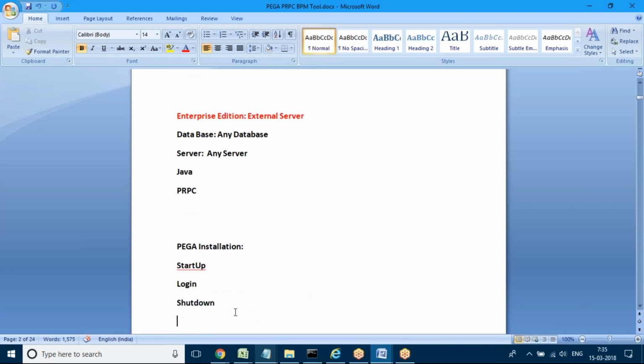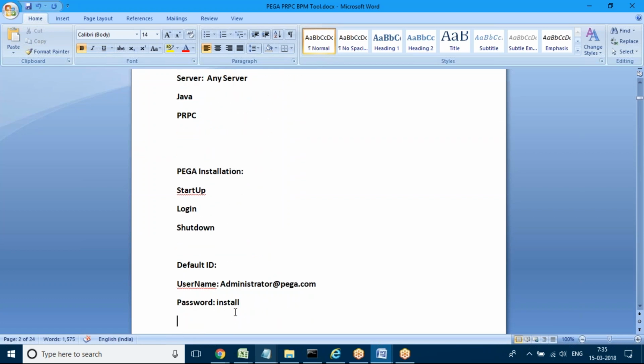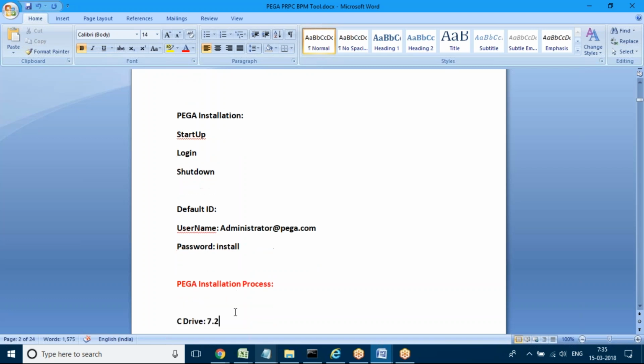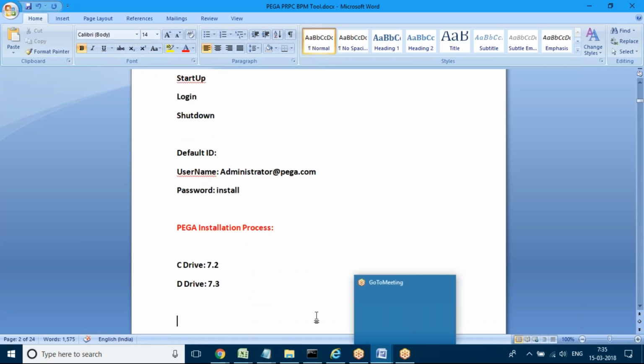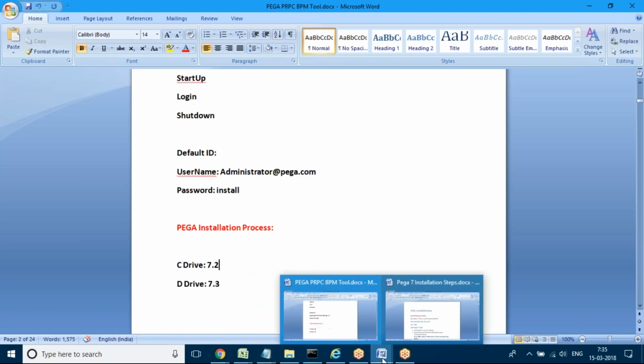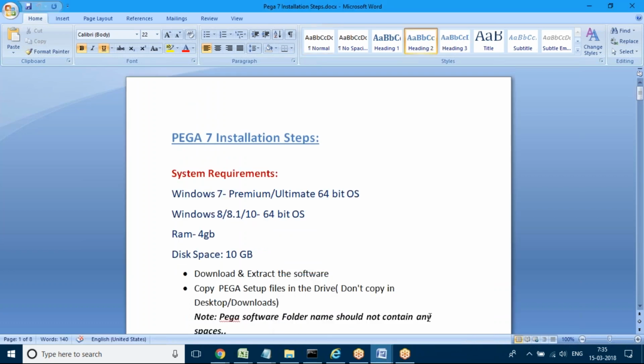Next, we'll discuss Pega PRPC installation. Generally, you can do the Pega installation by yourself. The steps are very simple. The only thing you have to know is the basic system requirements.